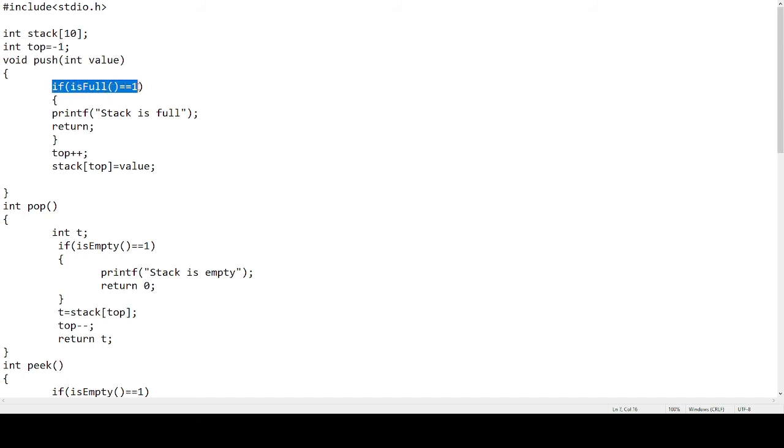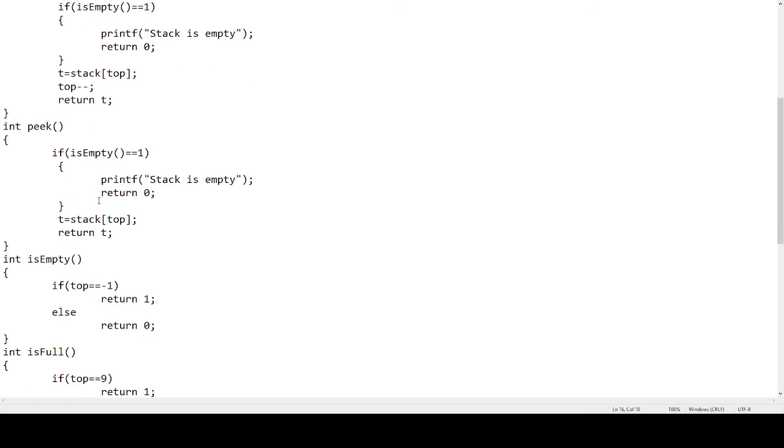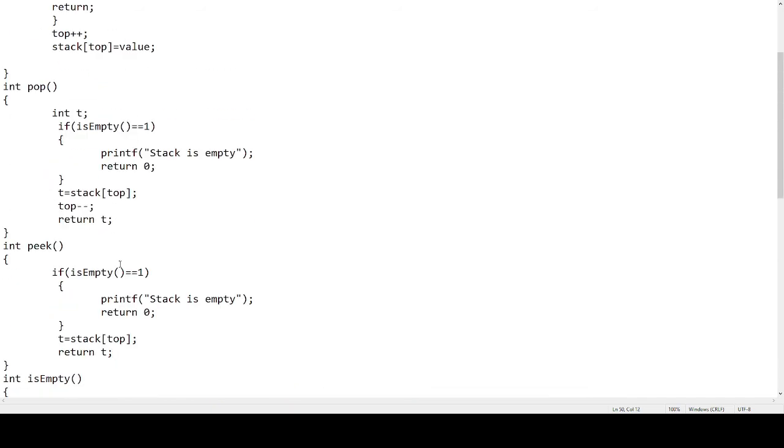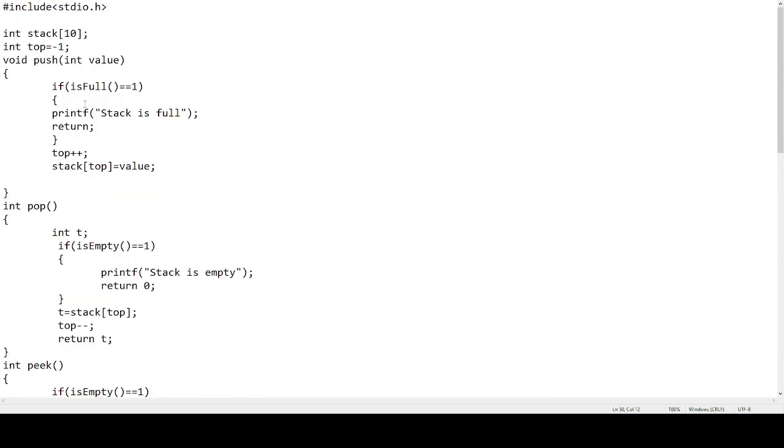We are checking if isFull is equal to 1. I have designed my isFull function here, which will check the size of the stack and whether the stack is full or not. If the stack is full, it will print the message and this statement will return control back to the calling function. You can see over here, this is not returning a value.